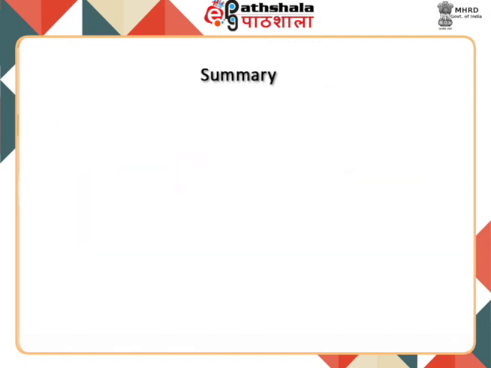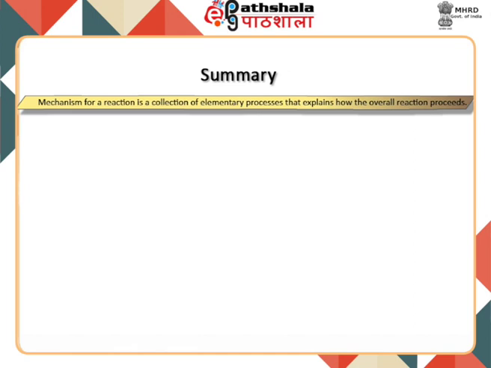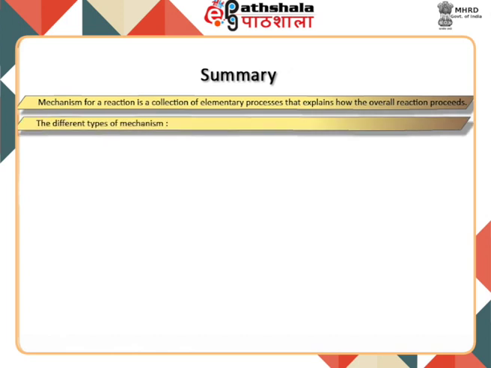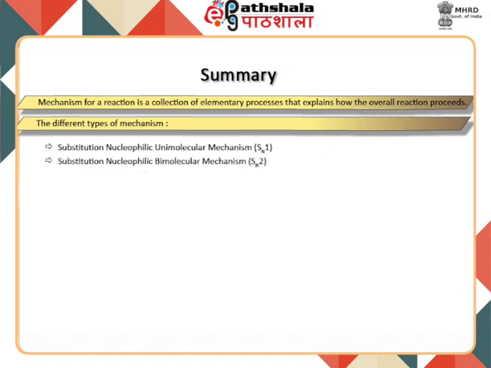Now we will finally summarize what we learned in this module. We learned that the mechanism for a reaction is a collection of elementary processes that explains how the overall reaction proceeds. We also learned the different types of mechanism via which an organic reaction may proceed. These are the substitution nucleophilic unimolecular mechanism, SN1, substitution nucleophilic bimolecular mechanism, SN2, substitution nucleophilic internal mechanism, SNi, aromatic nucleophilic substitution mechanism,